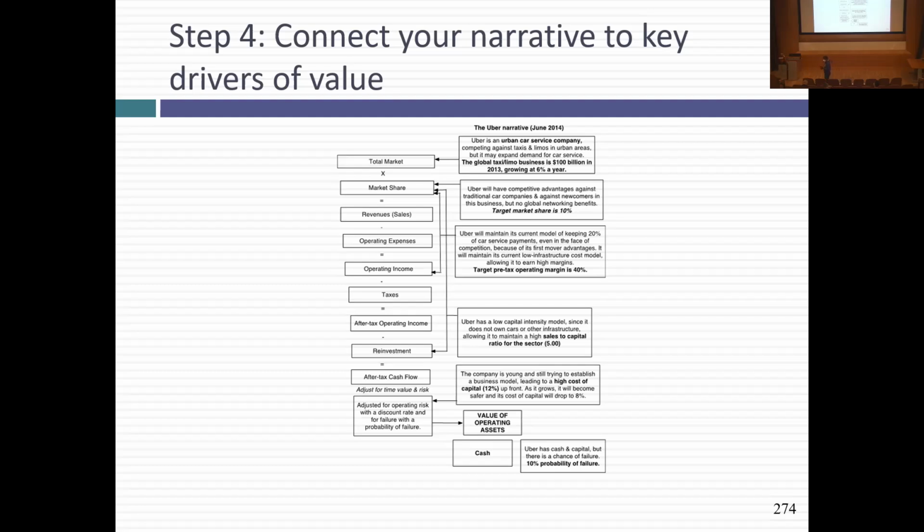Final piece of the puzzle, it's still a young money-losing company. A lot of regulatory challenges, lawsuits. There is a chance, at least in 2013, that the company will not make it. I gave a 10% chance it would not make it. Why so low? Because in a sense, it's too big to fail, right? You know what I mean by too big to fail? When venture capitalists have priced something at 17 billion, they have an incentive to keep you going. Otherwise, they have to write the whole thing off.